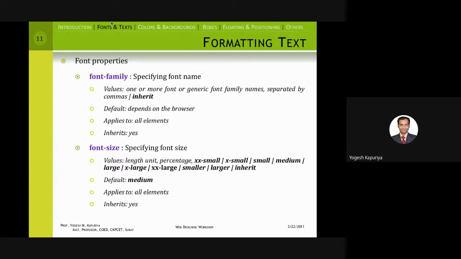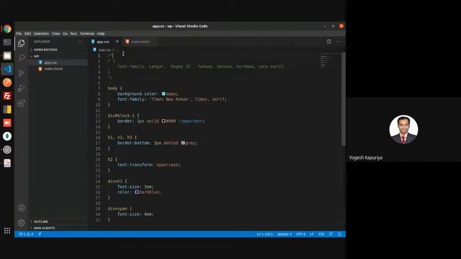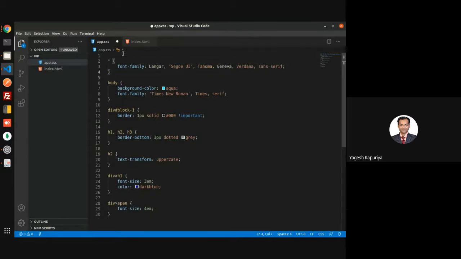Starting from fonts and text, you have font family. Font family will change the name of the font. While giving the name of the font, you should note that if your name contains a space, then it has to be written within quotes.